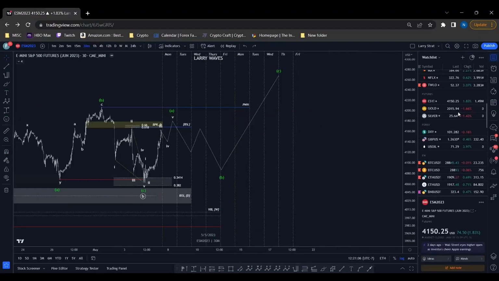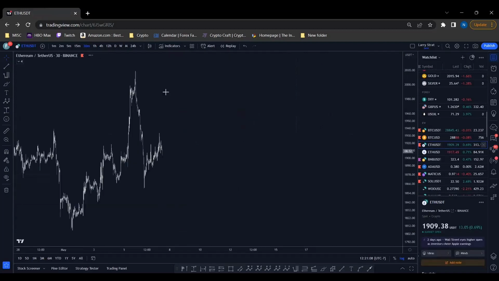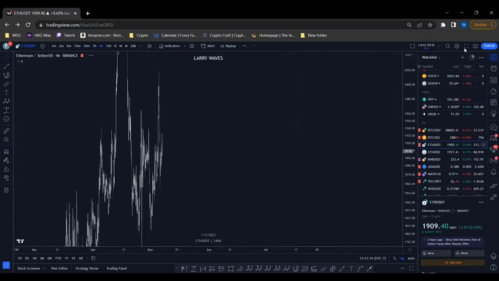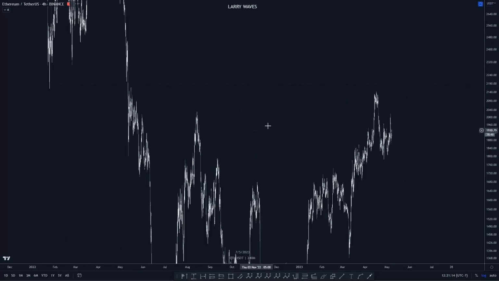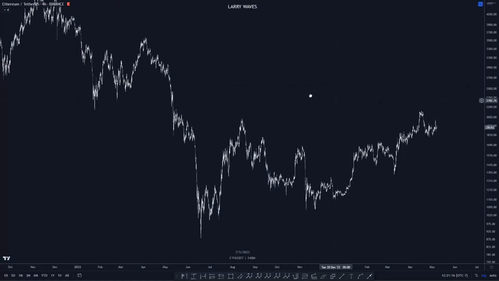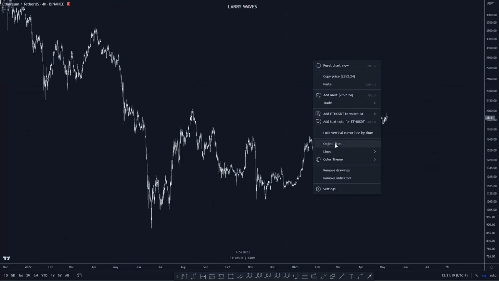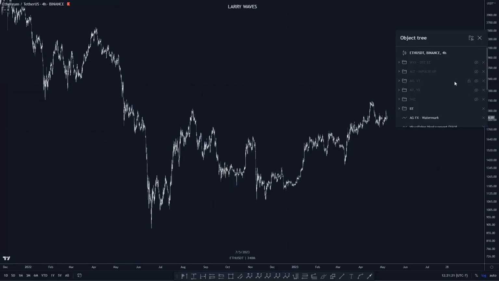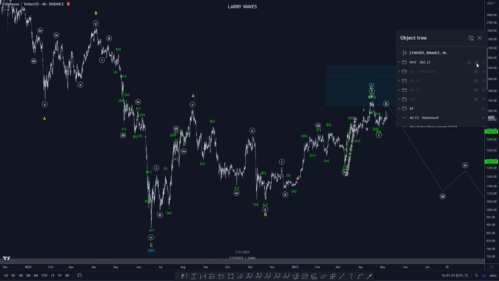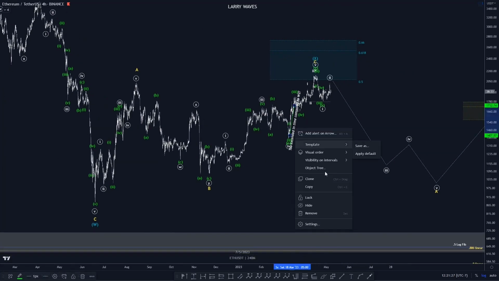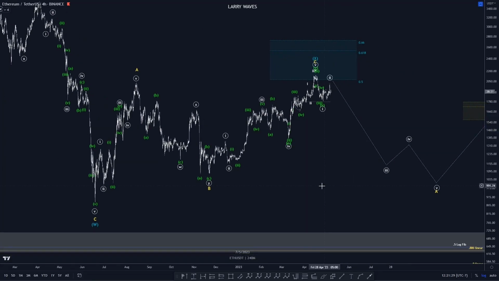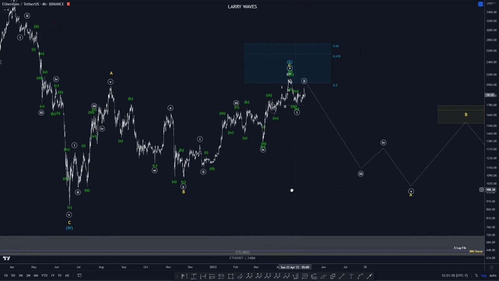Now let's go over some altcoins. So it's been a while since we've looked at Ethereum. Let's take a look at Ethereum. Let's start with the bear scenario because we still have a bearish sentiment here. Right now,